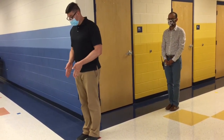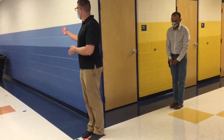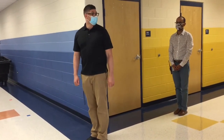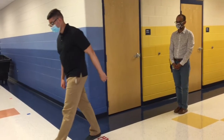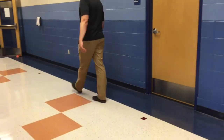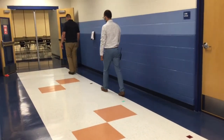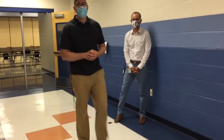So when you come to the corner, assuming that everything is clear to go, we are going to travel forward. Still keeping the six foot distance, stopping in the square. And so you will continue the same procedure throughout every vector down every hallway to where you are traveling. Inside the